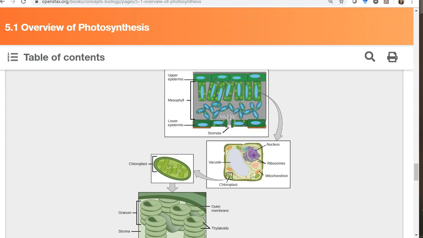And so here we see that there's a structure to the leaf, and that it's not symmetrical. And so gas exchange occurs on the bottom side of the leaf through stomata. And these are openings where gas can come in and gas can come out. And then in this mesophyll is where photosynthesis actually occurs. So if you think about it, the chemical reaction is not occurring in the lower epidermis, it's occurring in another part of the cellular structure in the middle. And so